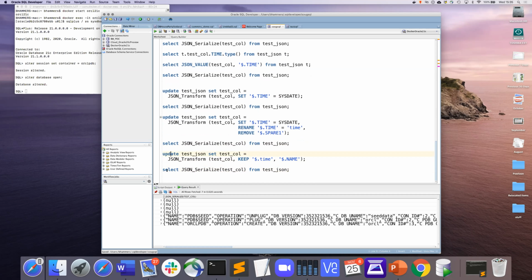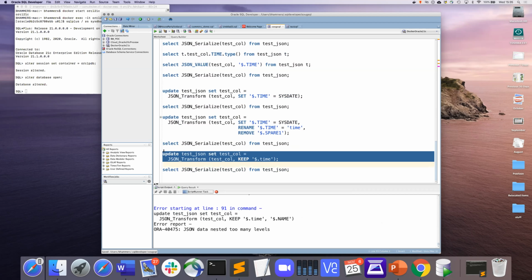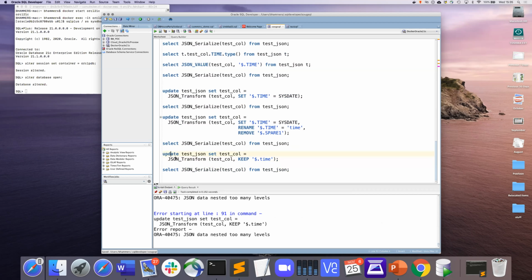And this is just not a final label. So yeah, can't show this, but what it would do here is just preserve those fields that you actually want to keep. So for example, you would probably not use this to update your data because then it would really be lost, but you could use this JSON transform in a select statement if you want to ship some data from the database to a client, but you want to remove something transiently, not on disk, but on the way out to the client.